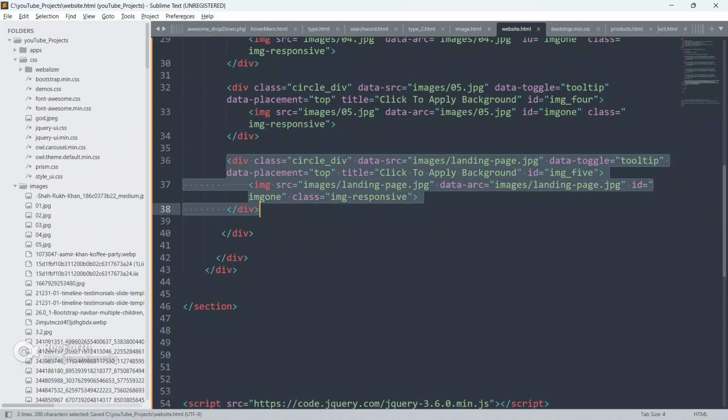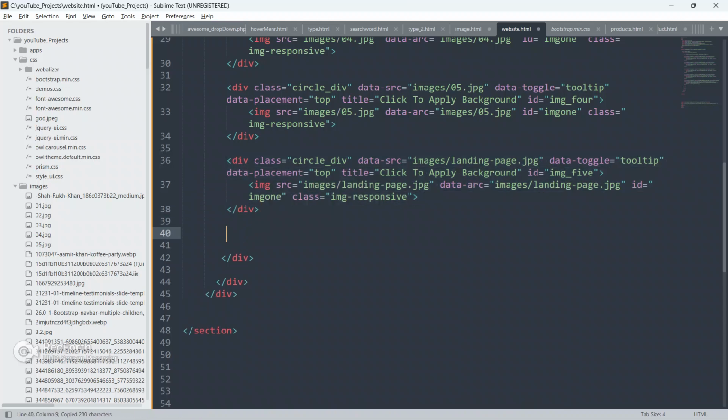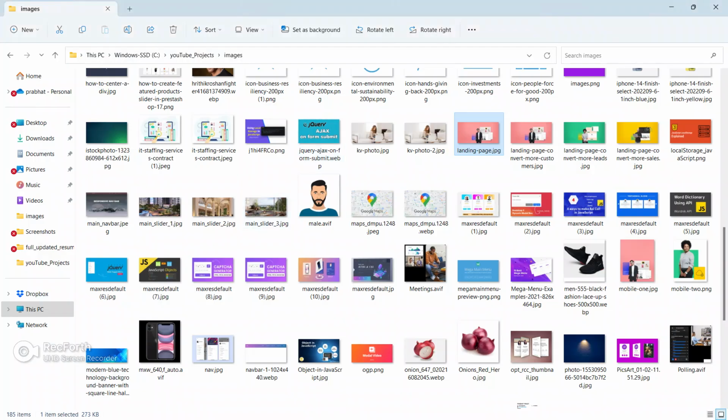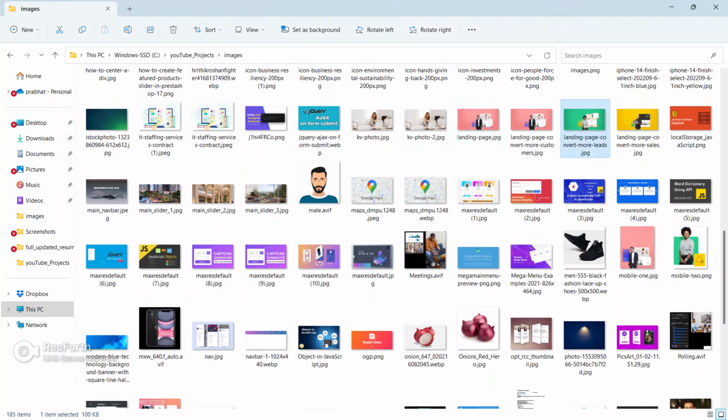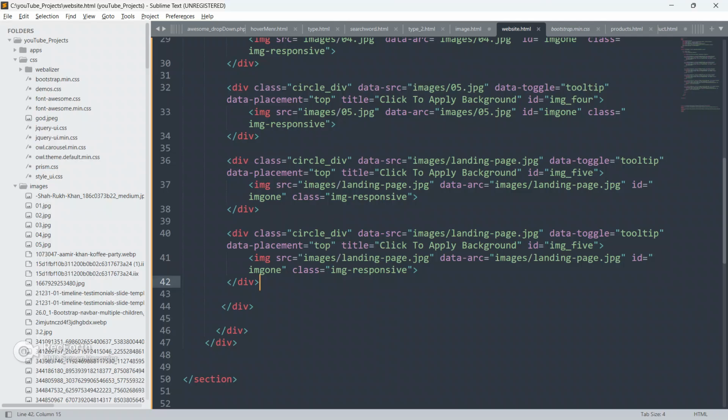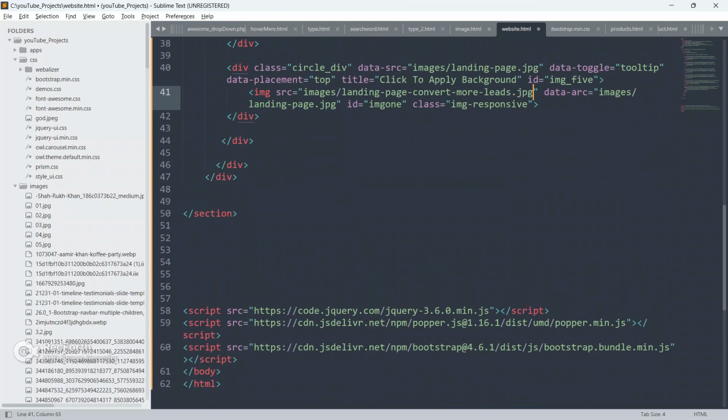ID should be unique. Copy this and paste it again, go to the folder, copy this image name and paste it here.